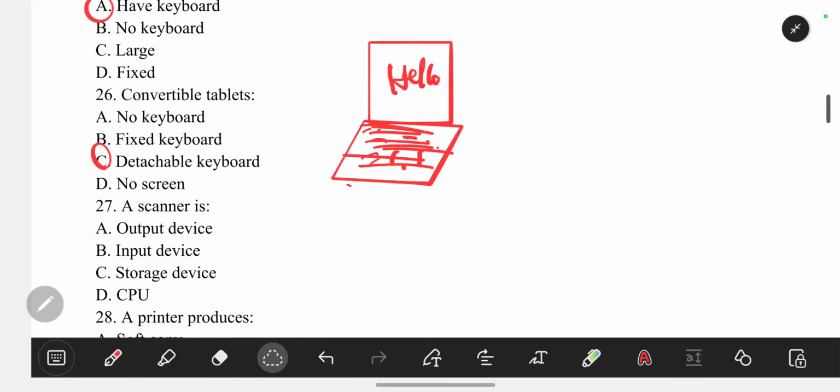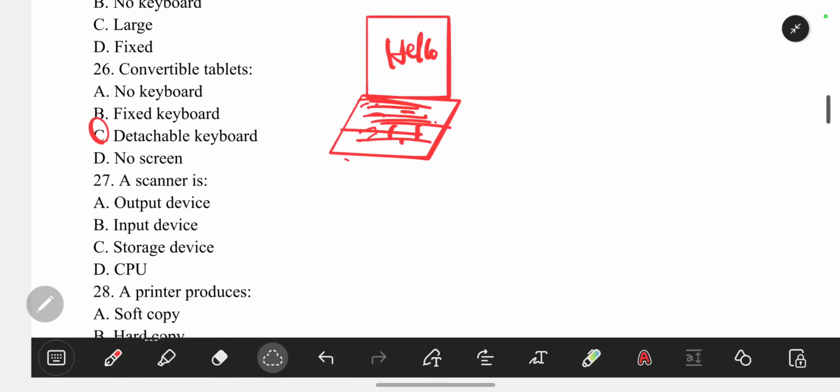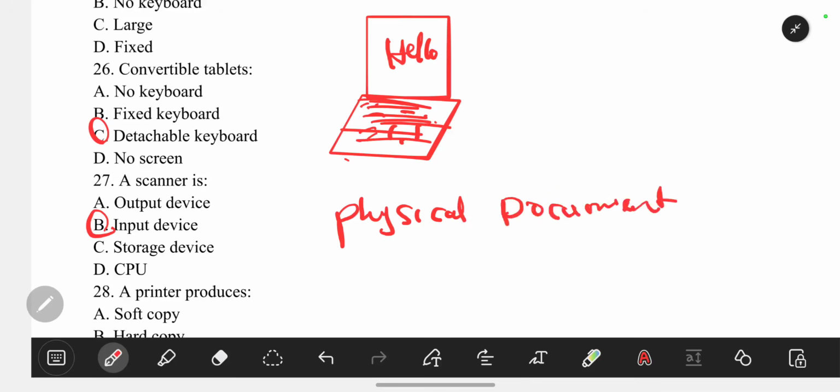When we look at number 27, a scanner is an example of an input device. So just as the word entails, it scans. So it is an input device. It is able to convert physical documents, like what you see, into what you call